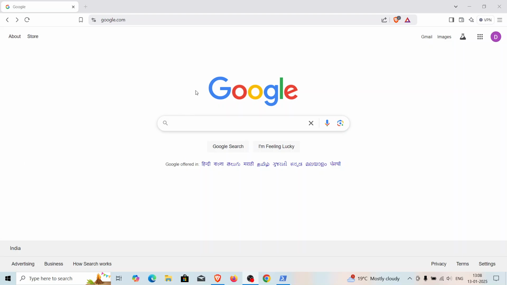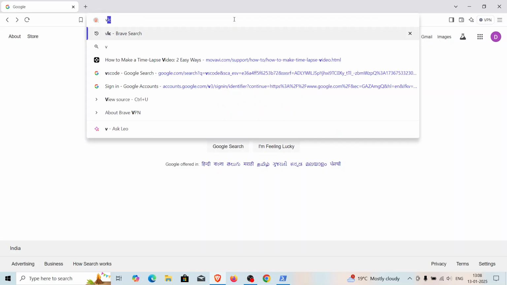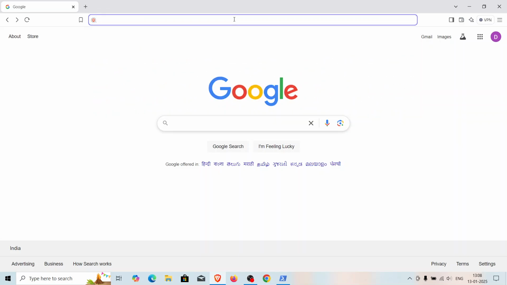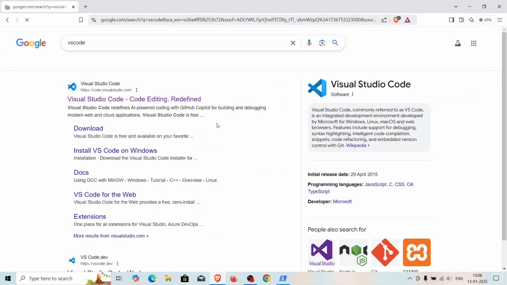Hi, today we are going to see how we can install VS Code in our system, in Windows system. So for that, just go to Google and search for VS Code and click on the first link